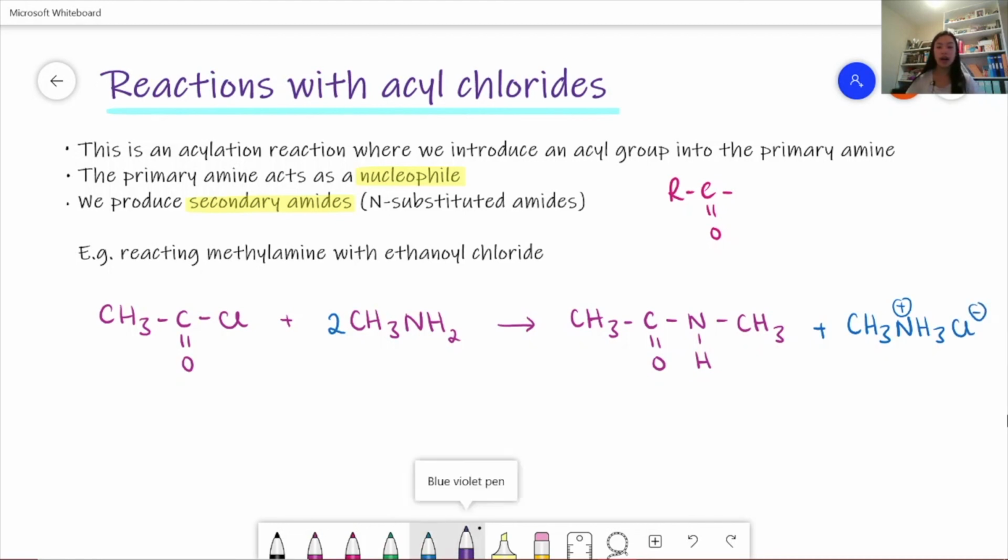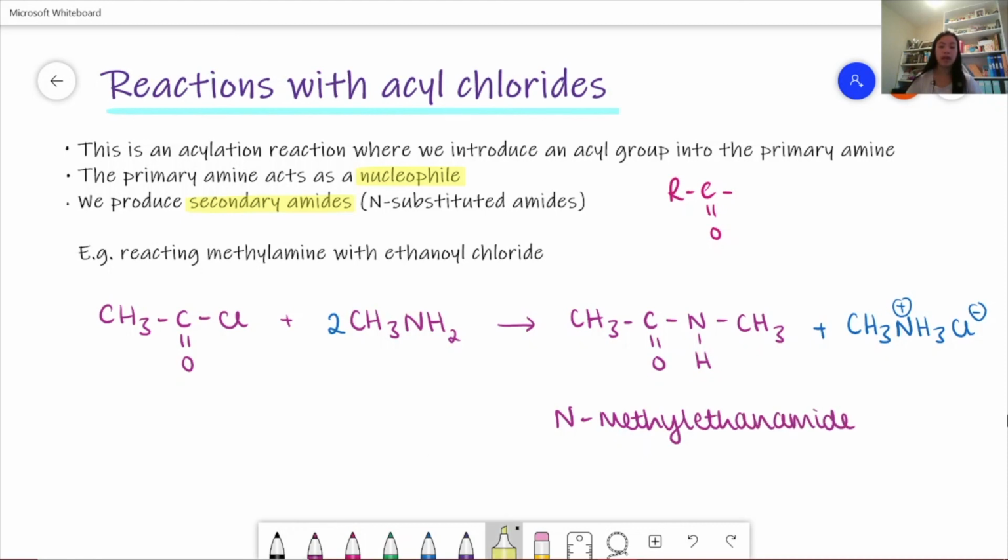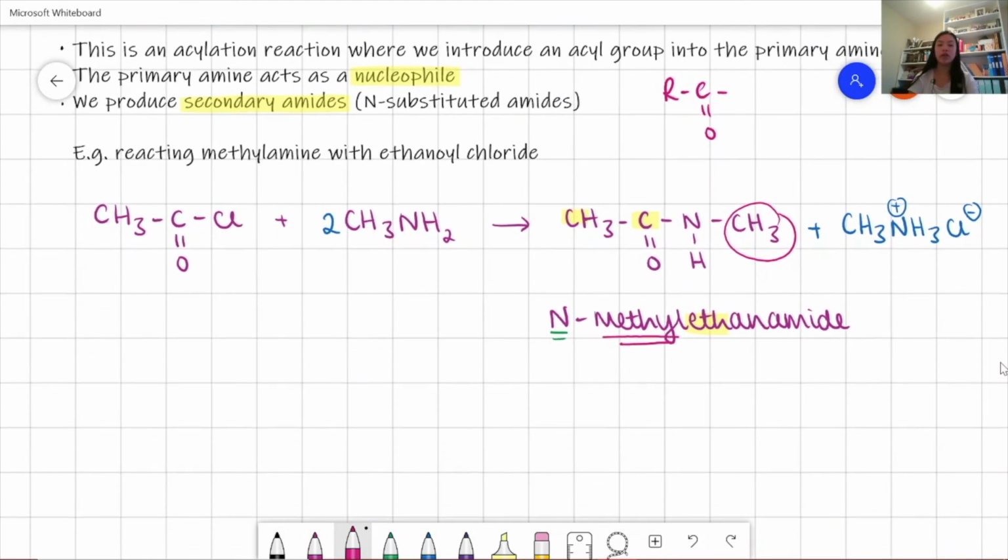And so the product is called N-methyl ethanamide. And that's because we have 2 carbons, so we use eth, and we use N because that's what indicates which substituent group is attached to. And then we have methyl because the substituent attached to the nitrogen is a methyl group. And this reaction can also be really helpful because we can produce